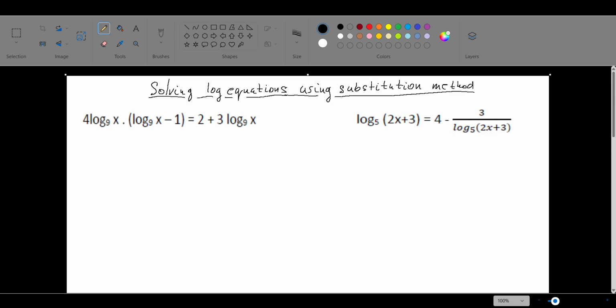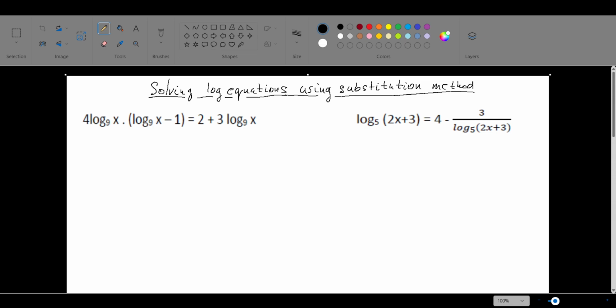So let me start with the first equation, which is 4 times log base 9 of x times parenthesis log base 9 of x, take away 1, close parenthesis, and this is equal to 2 plus 3 times log base 9 of x. So the first thing you should do when you see something like this is to get rid of the parentheses,